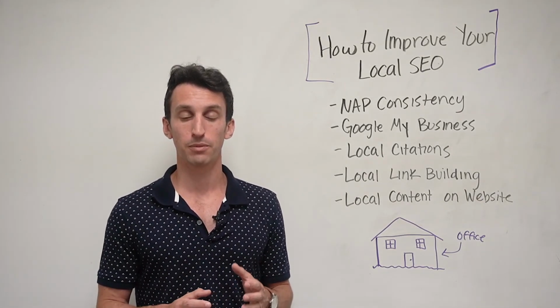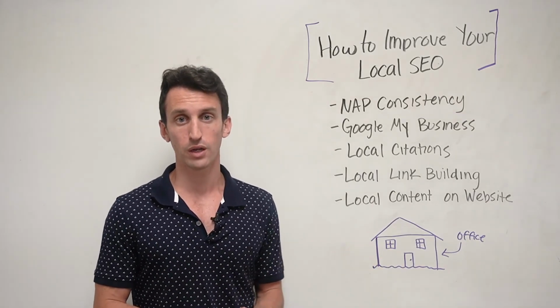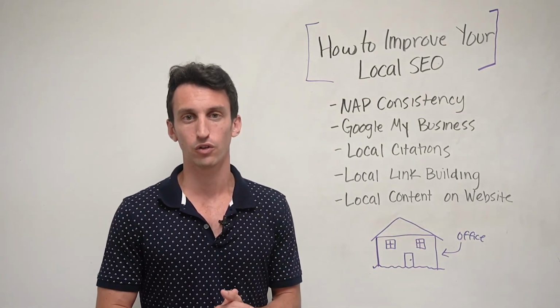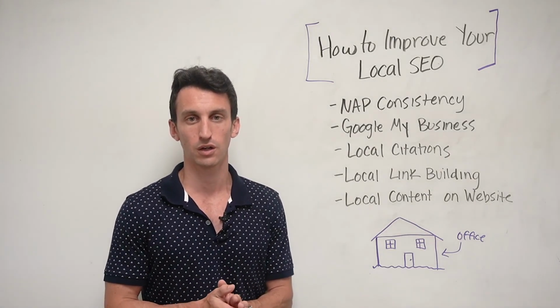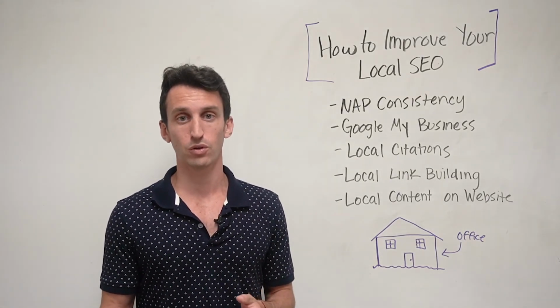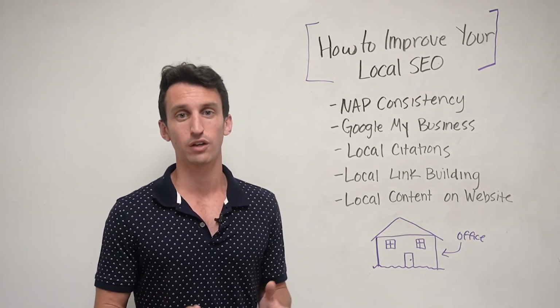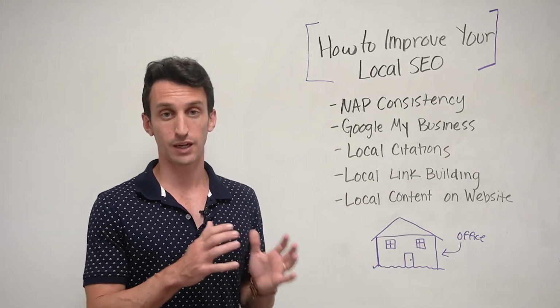So you could also do this manually. Some people prefer that route because you don't have to pay for it. And typically it's about like $200 to $300 per year to get your business submitted to a directory aggregator. But some people like to do it manually. So 6 of one, half a dozen of another. But you just want to make sure that your information is consistent and that it gets out to a lot